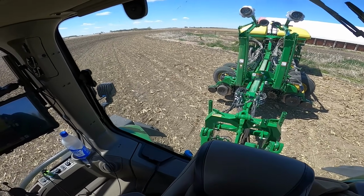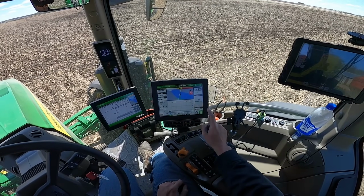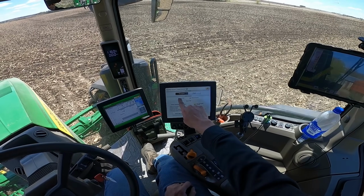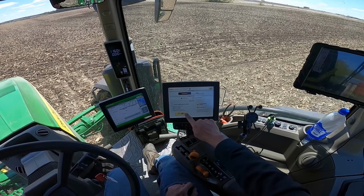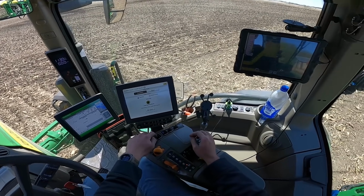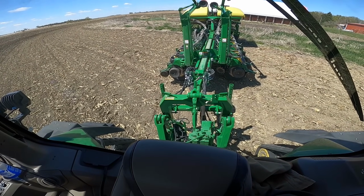All right, once we're in the field and into position, we're going to switch over. We've got to unfold the planter. So we go over here and switch the modes so that we can unfold. This has a manual or an easy fold option. We're going to start the easy fold, and then we can just press and hold the number 1 cylinder down, and it'll put the wing wheels down. Now it'll drop the